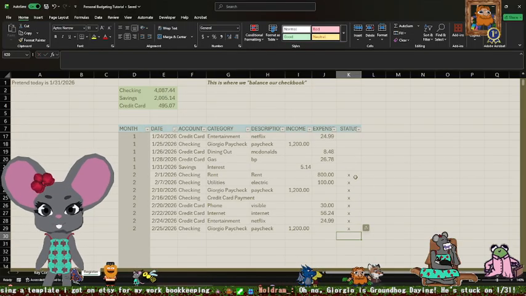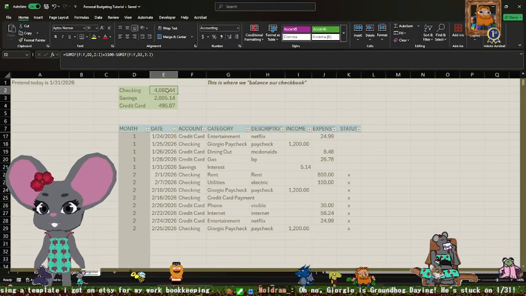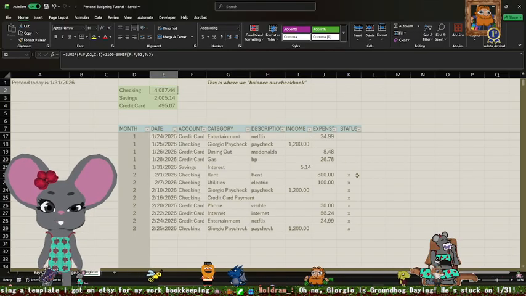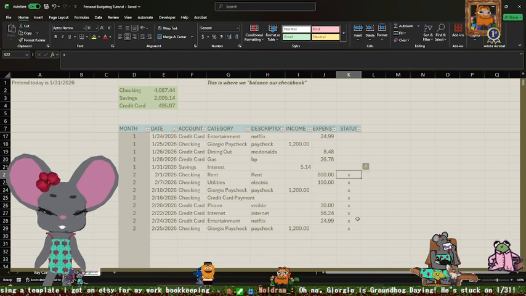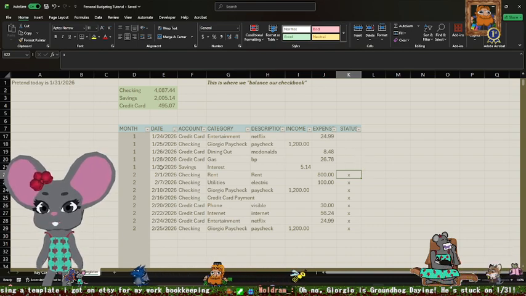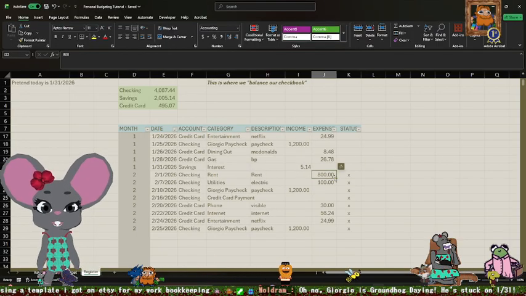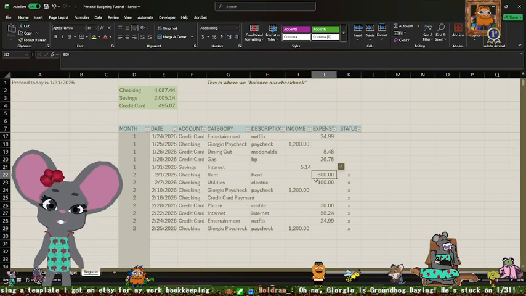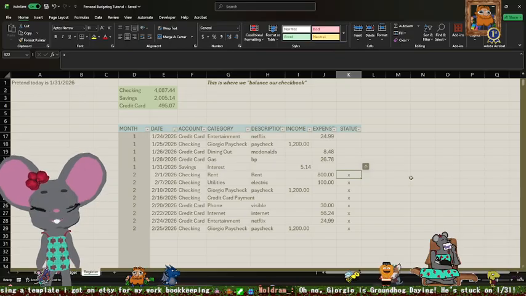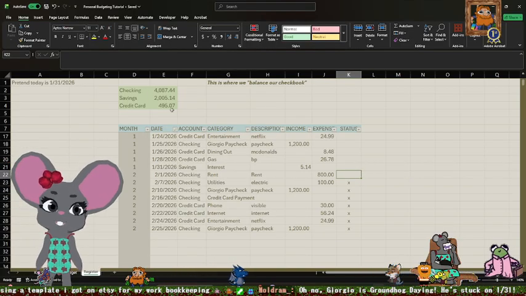Now, we need to build a filter, or build our formula, to exclude anything that has this X marked on it. As days go on, like tomorrow, rent's going to come out. I'm going to log into my checking account and make sure that the $800 did come out, and then I just delete that X to account for it in my total. So that's how I do that.